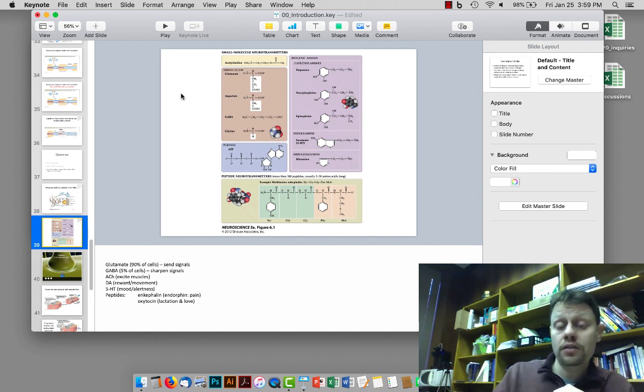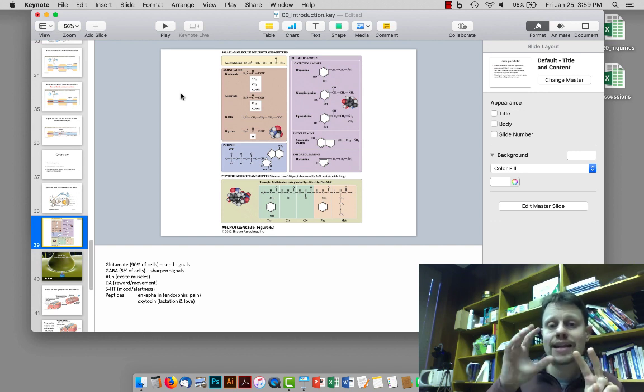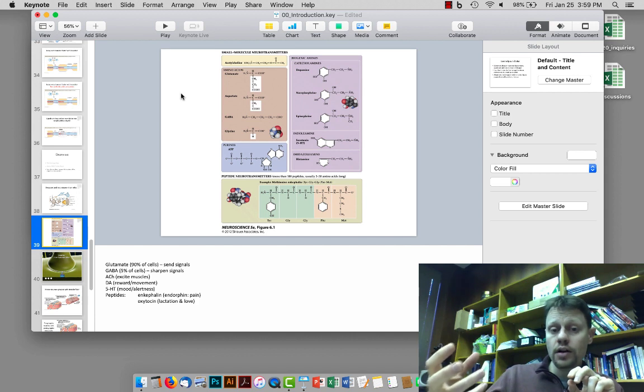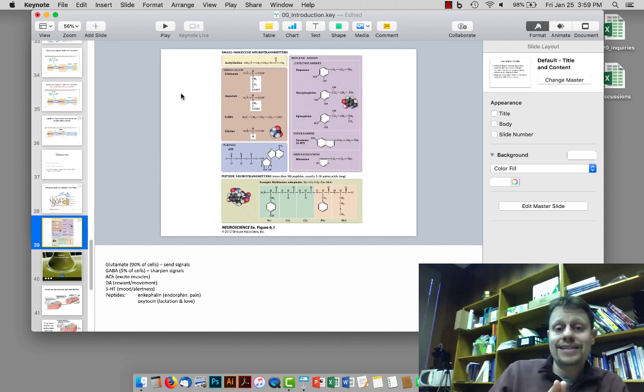Acetylcholine is particularly relevant for the next two diseases, which are autoimmune diseases that affect synapses from the motor neurons in the spinal cord that make synaptic connections onto muscles, called the neuromuscular junction. And glutamate is especially relevant as the excitatory neurotransmitter in the brain, and for some of the stuff that we're going to be talking about with obsessive compulsive disorder and some synaptic models of obsessive compulsive disorder.